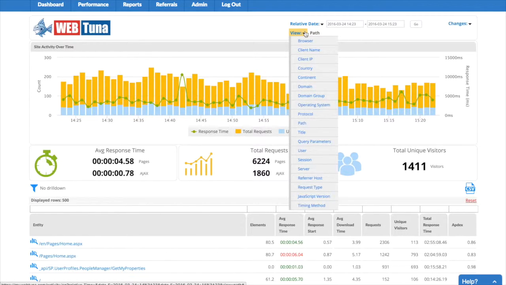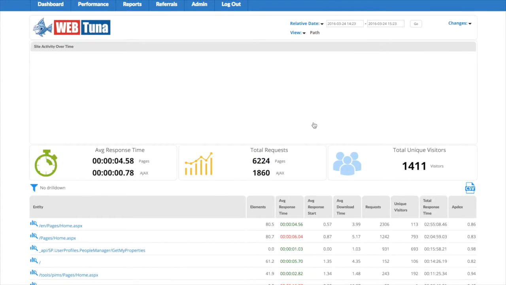Using the View menu, we can view performance and usage by any of the dimensions which we collect. We can see activity by browser type, operating system, country, user, and many other things. In this demo, we're going to have a look by path to see the usage and performance of each page